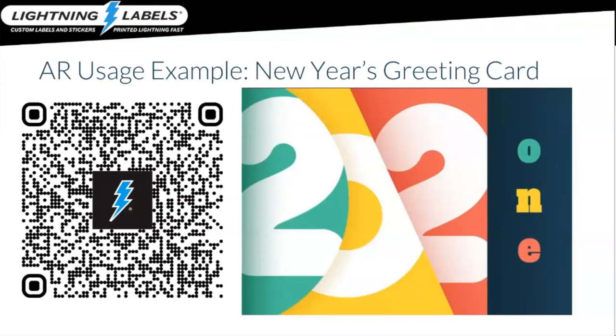Now, this is actually a greeting card that is being sent out, but it works just fine on the webinar here. So this can also be sent out, for example, on email marketing, and this is something that we can do in many, many different ways. But if you can imagine this QR code sitting on a label, perhaps a label for one of your products, and then actually taking the camera and pointing it at the product, you can see this cool little animation that comes up. You're going to see the 2021 go through a little spinning wheel, talks a little bit about AR. You'll see the Lightning Label logo come up at the end.